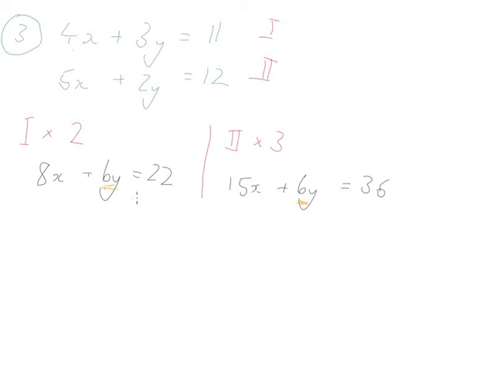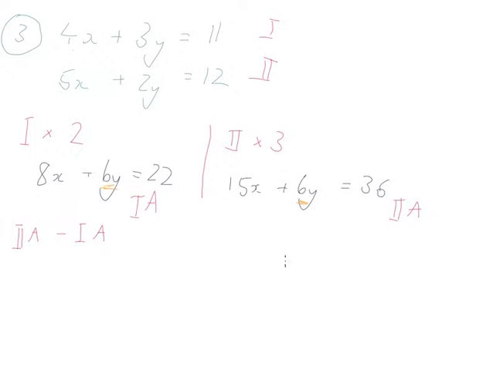Just for labeling's sake, I'm going to call this equation 1a. People will call it equation 3. I like to use a. And equation 2a. What I'm going to do now, I'm going to subtract one equation from the other because I've got plus 6, I need to minus to get rid of the 6's. So I'm going to do 2a minus 1a because the 15x here will cancel to keep it all positive. So 2a minus 1a,